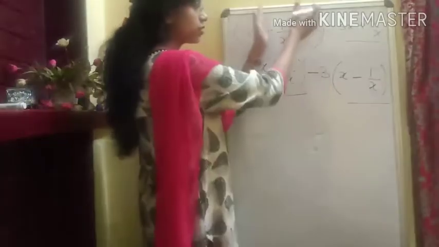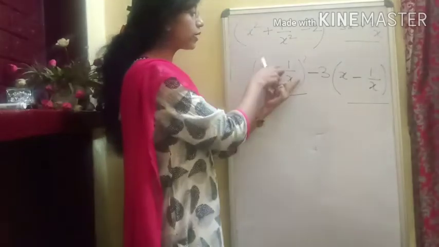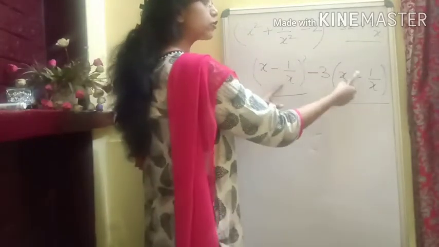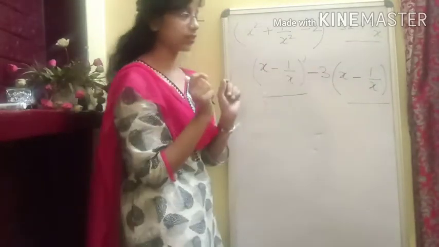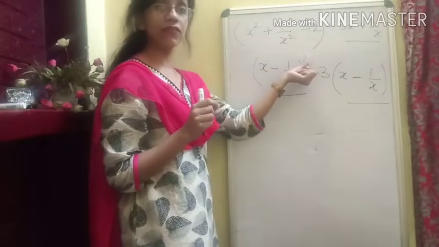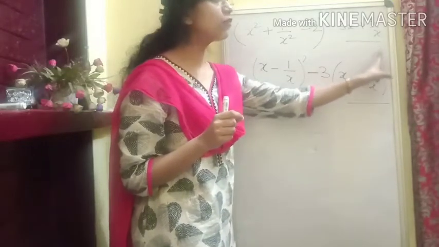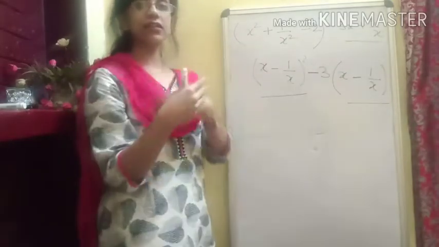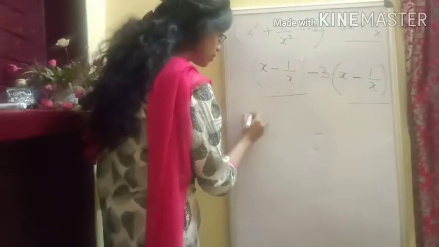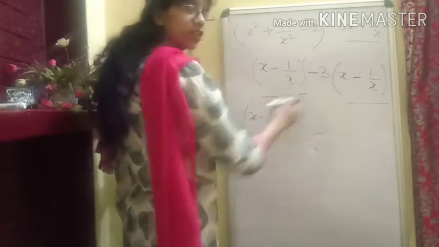Now if you see, it is reduced to further two terms. Here in this term it is x minus 1 upon x. In the second term also we have x minus 1 upon x. But in the first term, x minus 1 upon x is with power 2, or square, and here it is x minus 1 upon x with power 1. Which part is to be taken as common? The smallest part. That means we will take x minus 1 upon x as common, the smallest part, and then